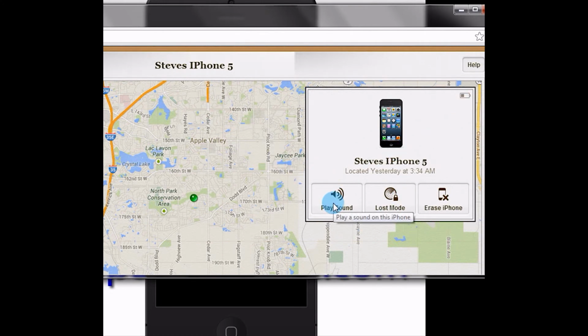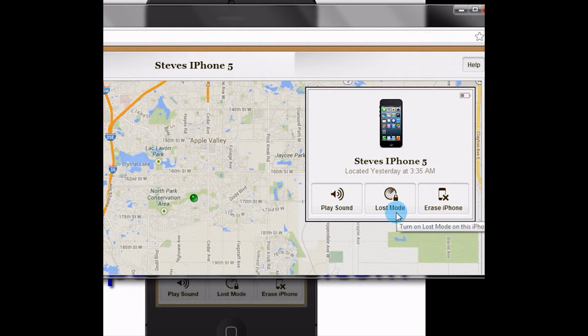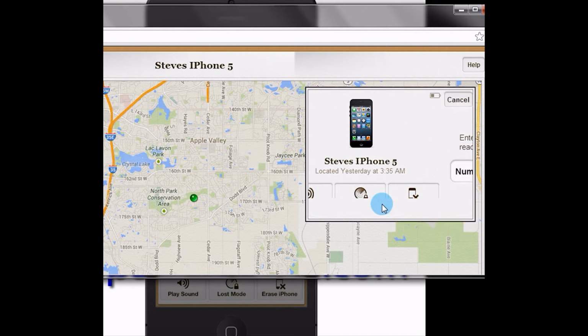The first one, if you lose the phone in the house or something, or in your car, and you want to find it, just click play sound, and it gives us a pretty loud alert. So, as you see there, you should be able to hear that from even 100 feet away. I think you might be able to pick up on that sound. Lost mode, we'll click on that, and